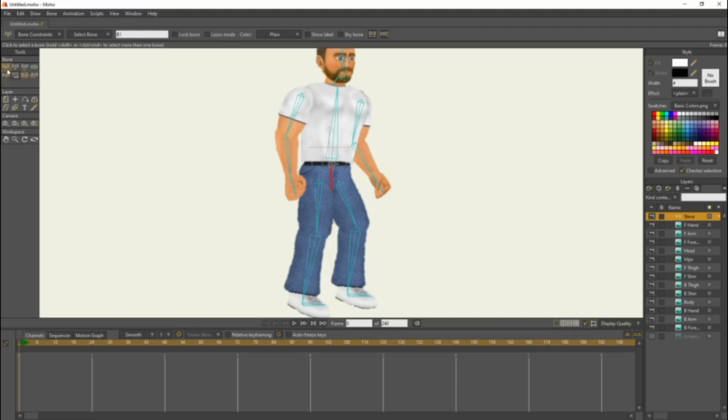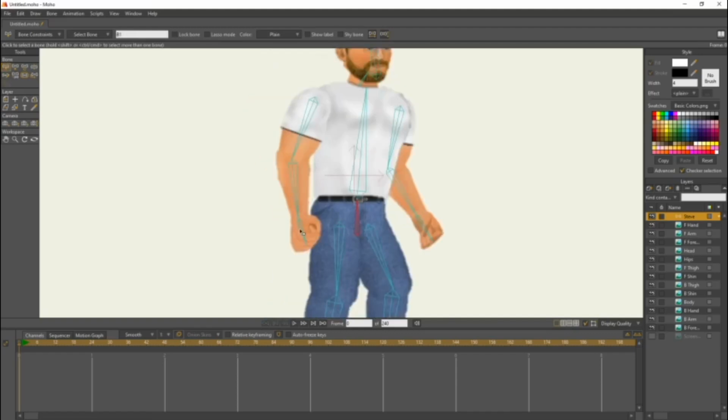Come here to the select bone tool, come to the front hand, go back to the reparent bone, click on the forearm, front forearm, select the front forearm, reparent the upper arm, click on the upper arm, reparent to the body, click on the body, reparent to the hips.